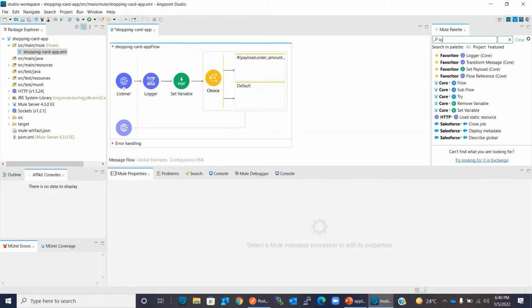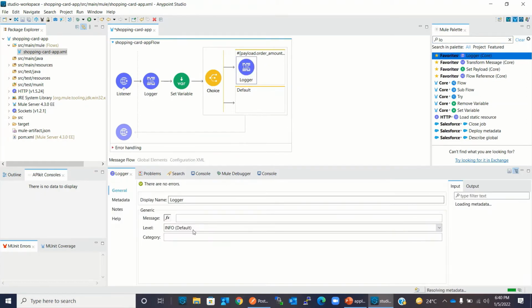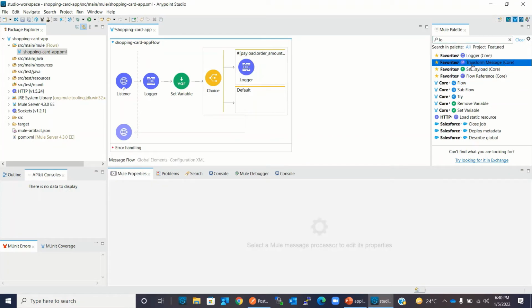So I need a logger. I will log sufficient credit limit exists, and I need a transform message component.